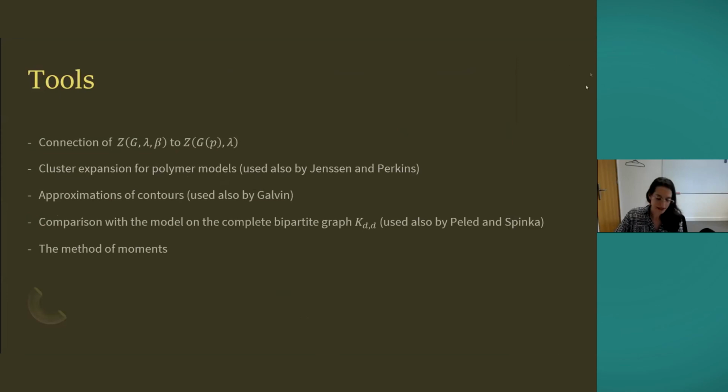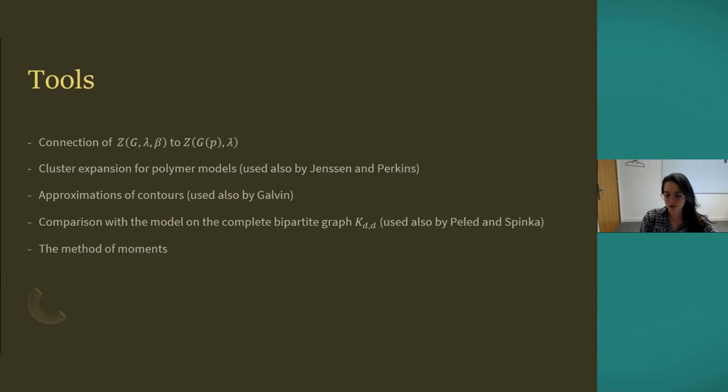So, okay, I just wrote the names of the tools here in case some of the people are familiar with the methods. It's maybe difficult to give a lot of information in a short talk, but the idea is that there is this cluster expansion method, which is maybe mysterious for people who don't know it. But as I mentioned, it allows us to write this